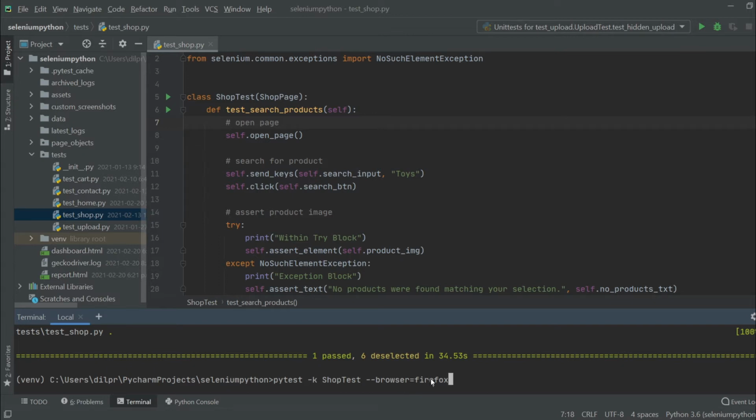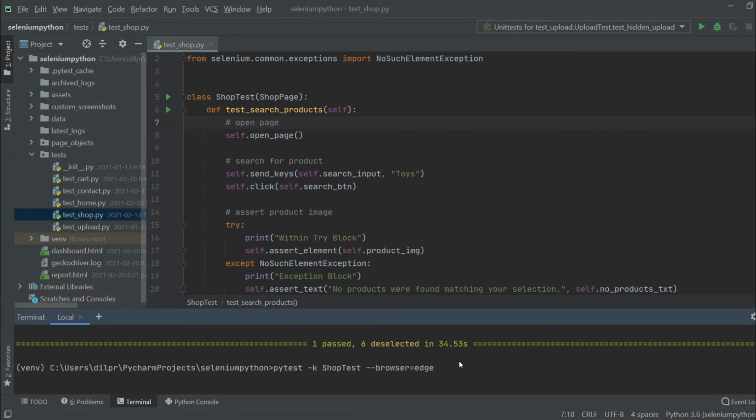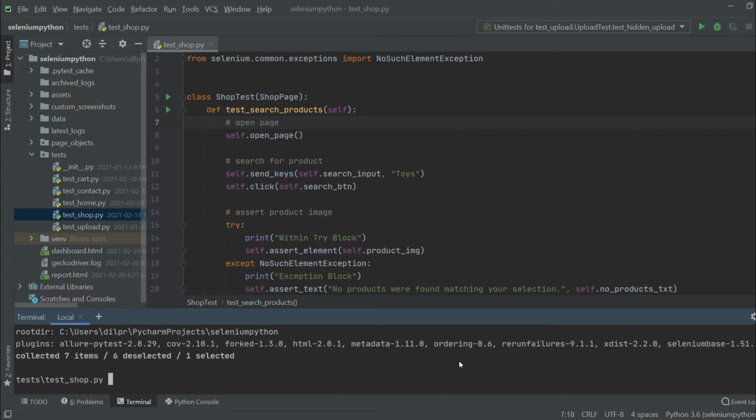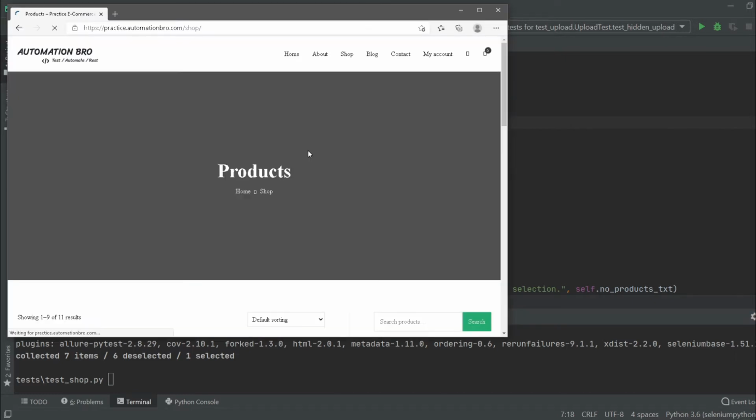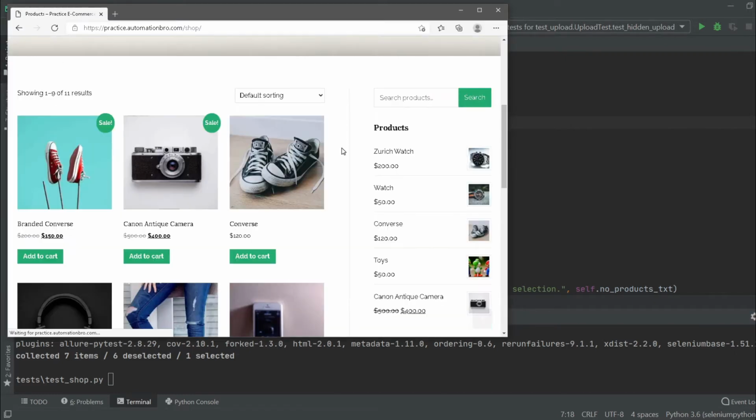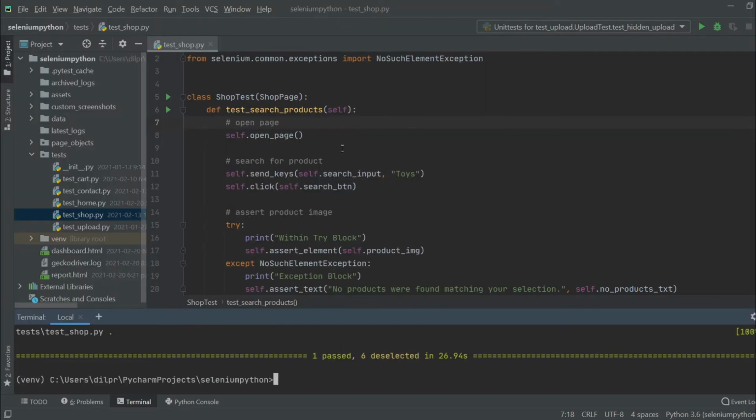Similarly, you can do it for other browsers as well. Let's say if you want to run it on IE or Edge, all you need to do is just pass that in, and then it will start running the test. So for example, if I need to run it on Edge, I can just do --browser and then type in Edge over here. So it's going to run the test on Microsoft Edge. There you go, it's running a test on Edge now. And once again, our test finished running and it successfully passed. So that's how easy it is to do cross-browser testing with a Selenium-based framework.